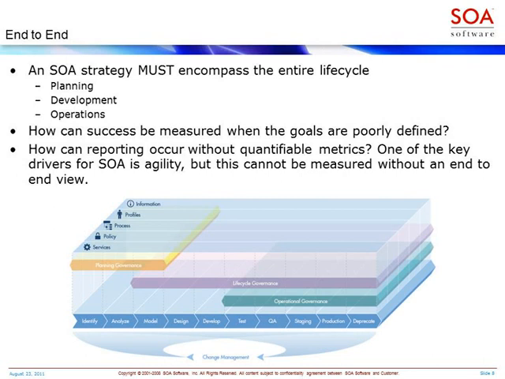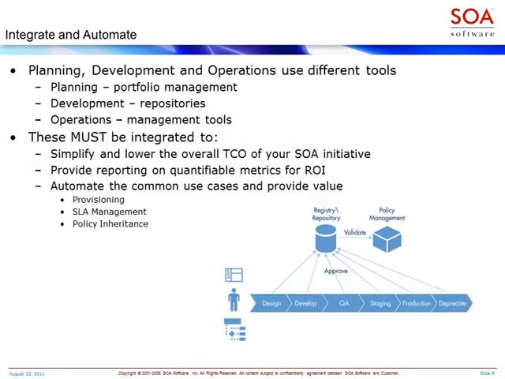I would say that you want to minimize the number of services that you produce within your organization. You want those services to have clear business value, clear return on investment, and clear benefit to you as an IT organization. The next best practice, which I spoke about before, is integrate and automate. If you think about my previous slide, I discussed the fact that you have to look at this SOA initiative from end to end, planning, development, and governance.